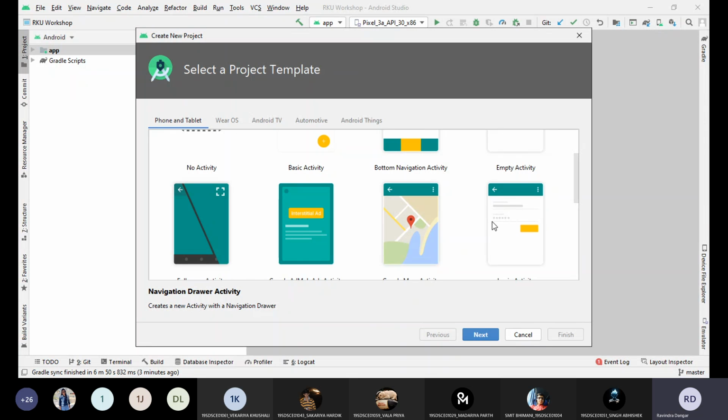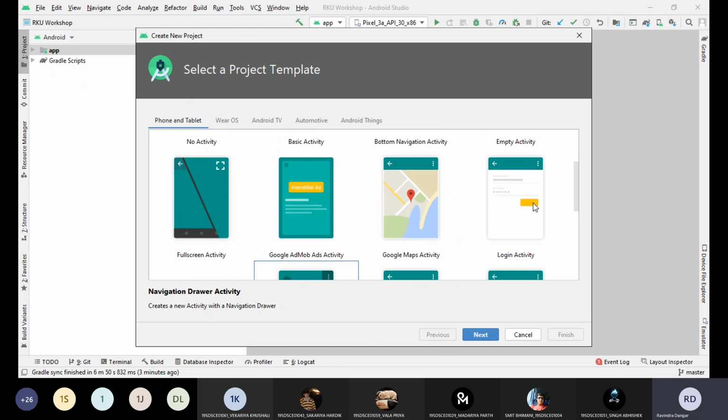Here, for example, whenever you enter a password, it gives dots only. To implement this kind of requirement, you need to set the properties for that edit text. If you don't want to do that, simply select the login activity, where each property is already set. You just need to use it, and as per your requirement, rename all the text fields and captions of the buttons. Whatever you want to modify, you can do it.